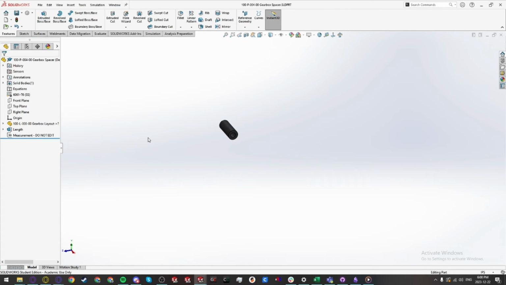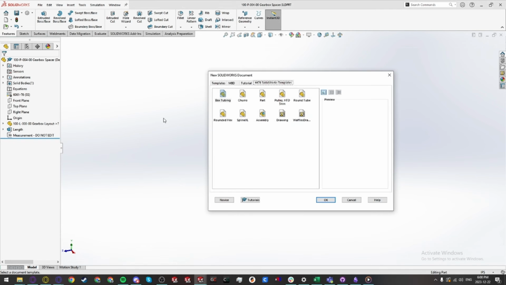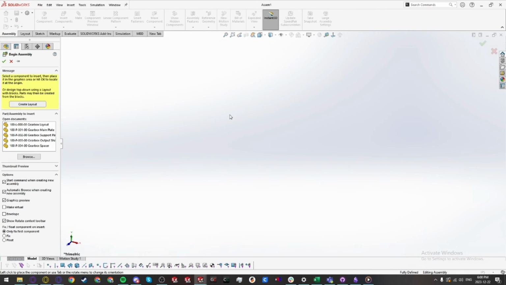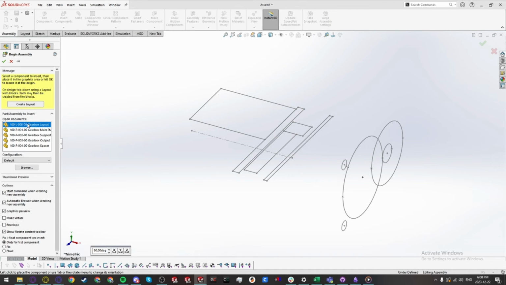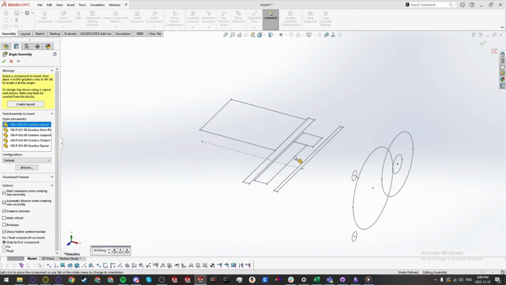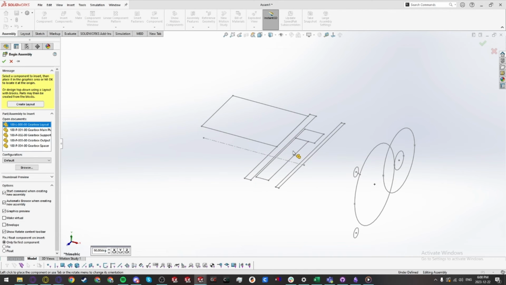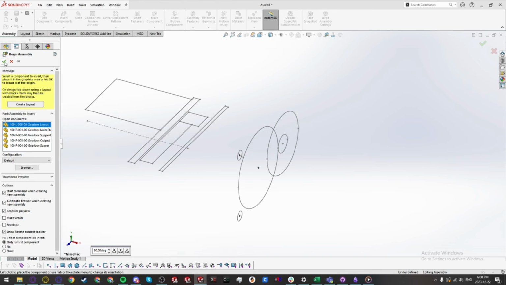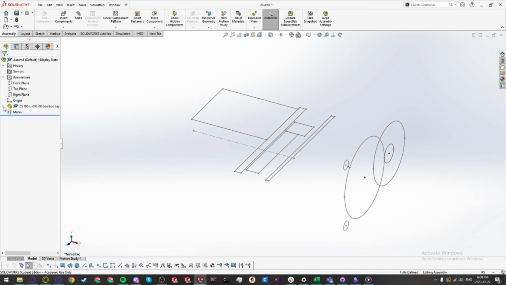So now that I have all my parts, I'm ready to create an assembly. So I'm going to make a new assembly. And the first thing that I insert into any assembly is the layout sketch. And I'm not just going to click out here to place the layout sketch. No. Because that places the layout sketch in just a random location, which I don't want. What I want is I'm going to click OK, and what that does is the origin of the component I'm